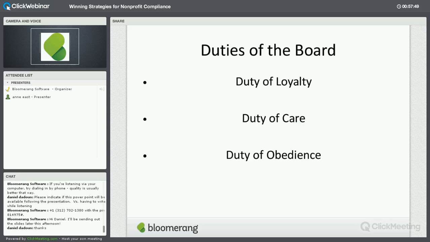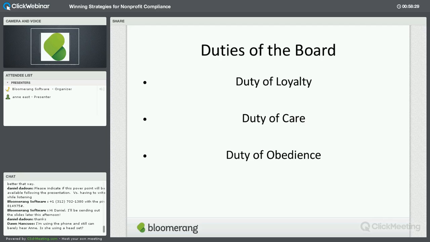They're also going to make sure that they read the materials and the minutes to make sure that they are up to date. They're going to review all the financial statements, and that includes, and we'll get into it a little bit more, reading the 990 filing documents that your organization files every year. You're going to know what the written policies and controls of the organization are. And then we're going to get into the duty of loyalty, and that is that they need to be aware of the conflict of interest policy,